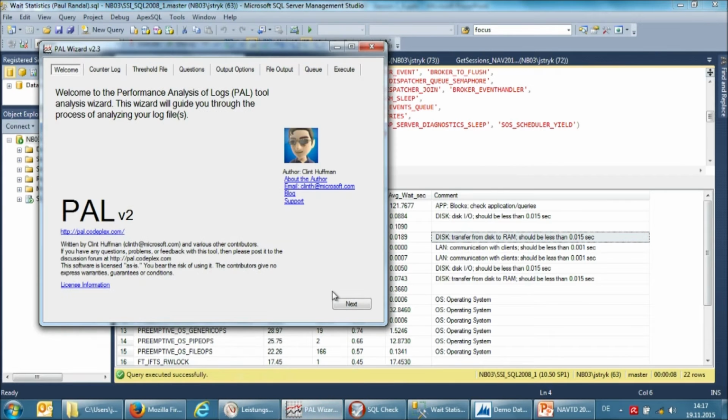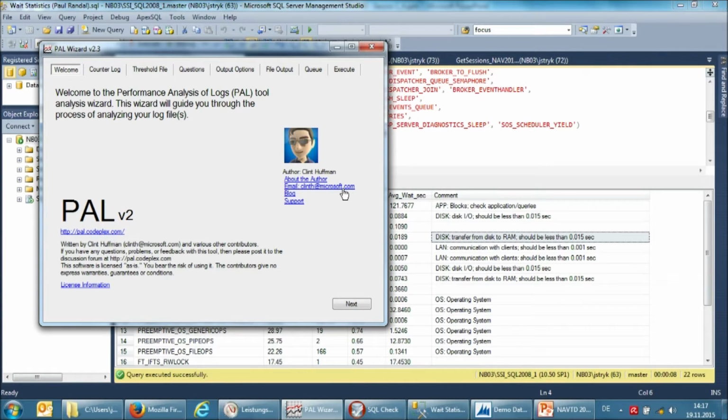There is a tool around, PAL, Performance Analysis of Logs. This is a tool you find on Codeplex, so it's open source, freeware, everything. And let's call it a third-party tool. But you see here from the email addresses, the third party is Microsoft. These are the guys from the platform team. Yeah, it's a kind of side project which never made it into the Windows product, so that's something they handle